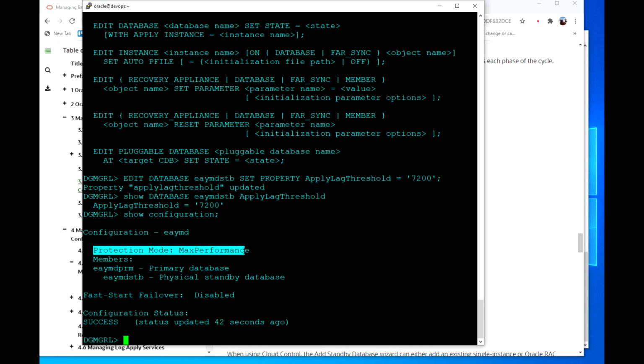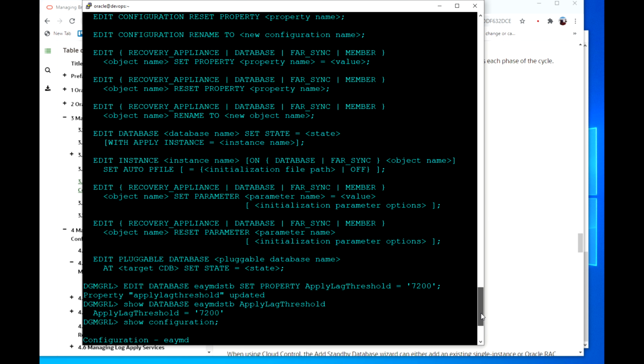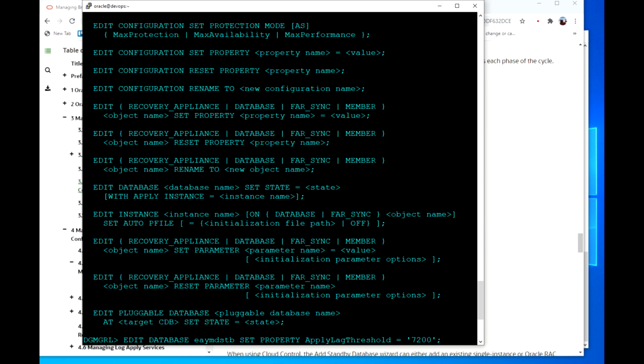Now let's check with the protection mode. We know that there are three types of protection mode. Here by default is maximum performance. So if we'd like to modify that protection level,